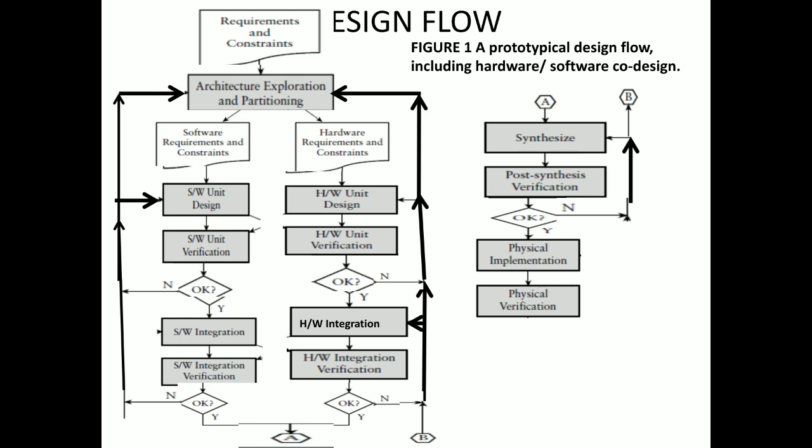Once we have placed the cells and established connections in the physical design stage, we'll verify whether the timing requirement is being met, whether the area has been used efficiently, or whether the area has increased, or whether the timings are violating, meaning it's taking too much time to give the output. This will be verified in the physical verification stage. If the verification is not okay, we'll go back to the design unit and describe the design again, or do the resynthesis, or else do the physical design again.